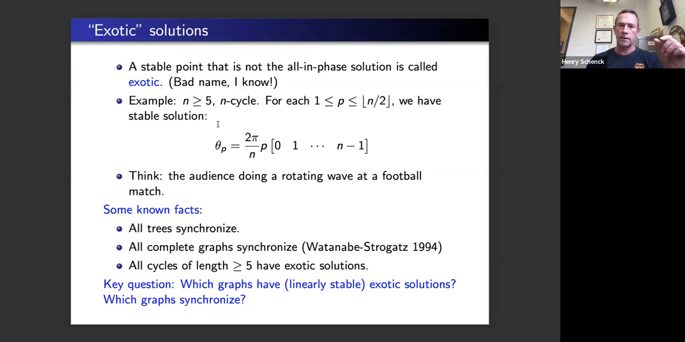the existence of exotic solutions that are not synchronizing. So again, I have this little blurb that says, think of an audience doing a rotating wave at a football match. So back to the